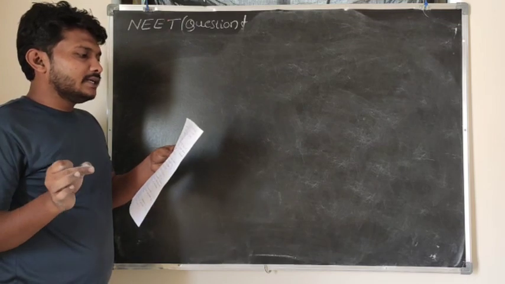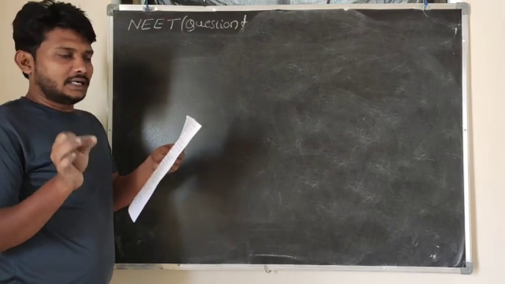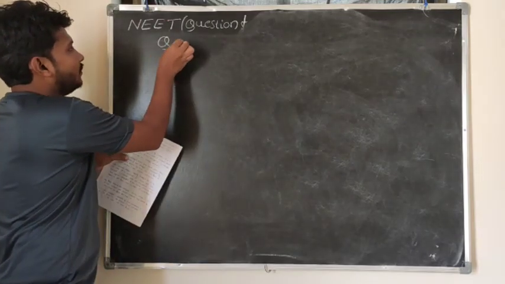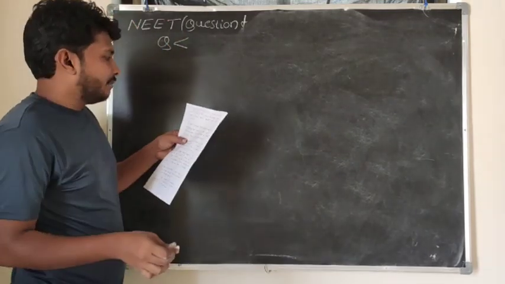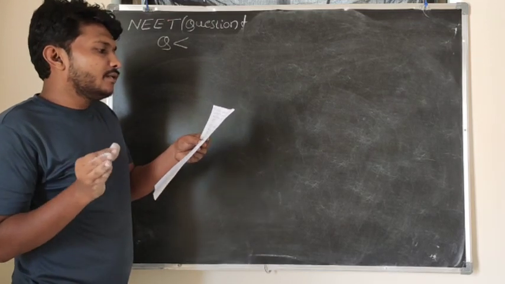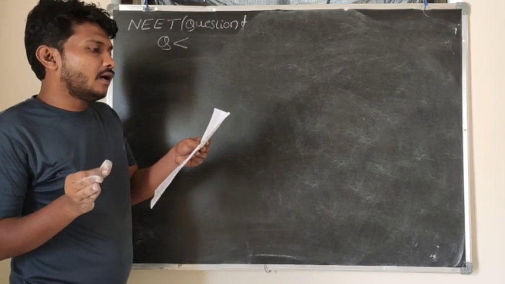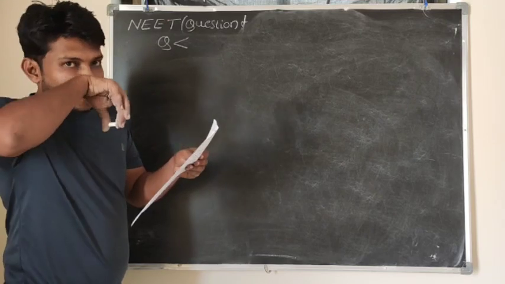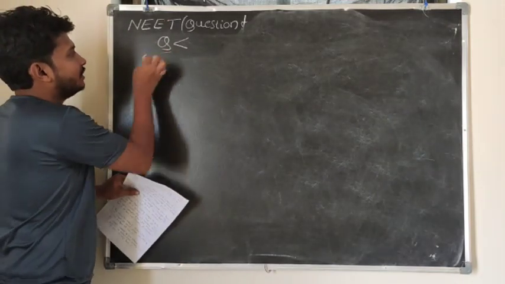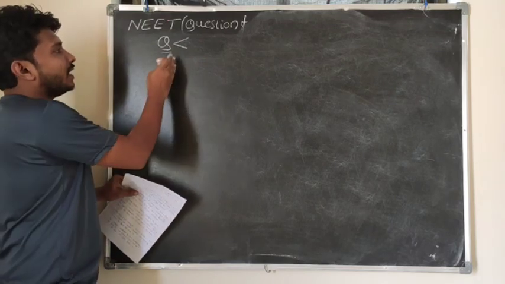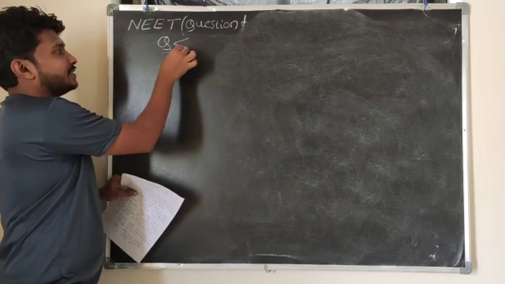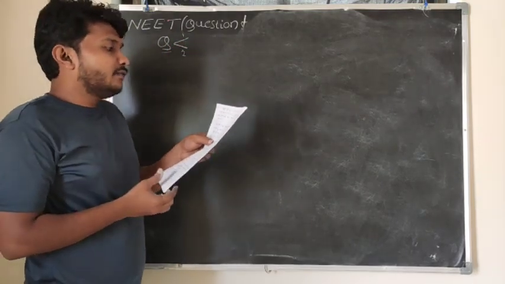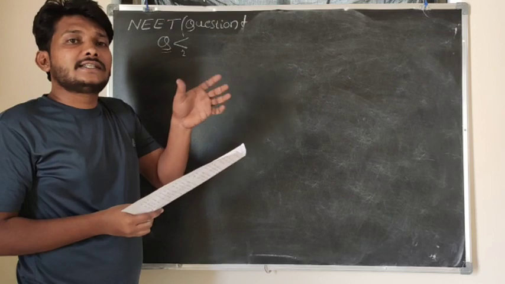A charge Q is divided into two small parts. What should be the value of charges on the parts so that the force between the parts will be maximum? So look here, I have one charge Q. This charge is going to be divided into two parts. After dividing, I may get that maximum force.